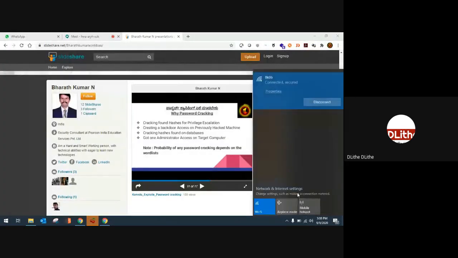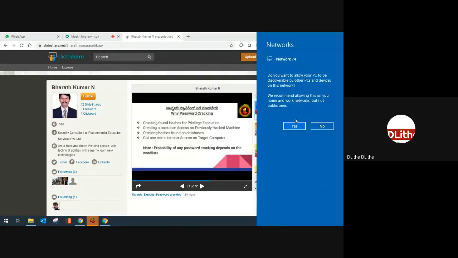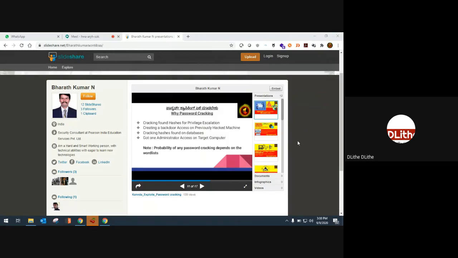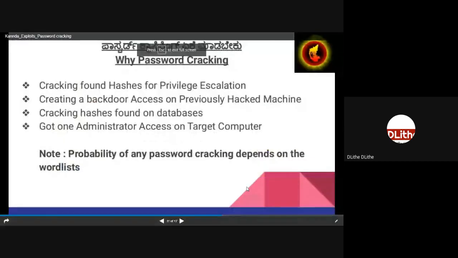Or during enumeration, instead of getting credentials or usernames, you may sometimes get hashes. Let us understand what hashes are, and go into more detail about password cracking.